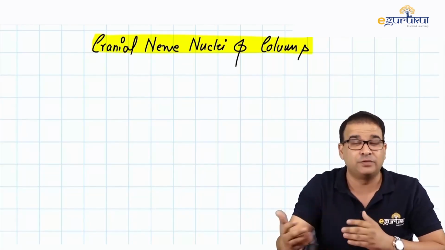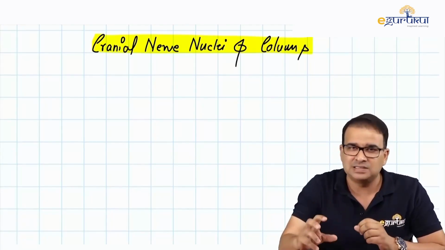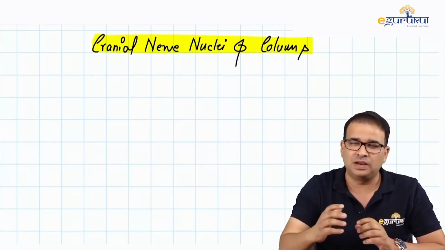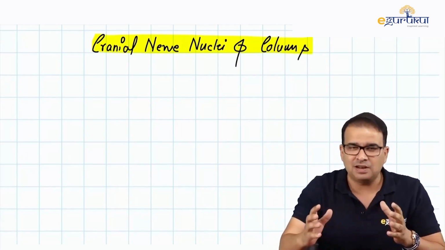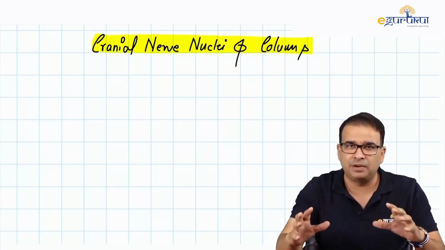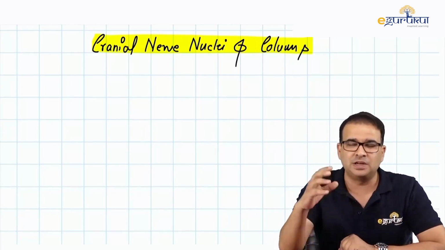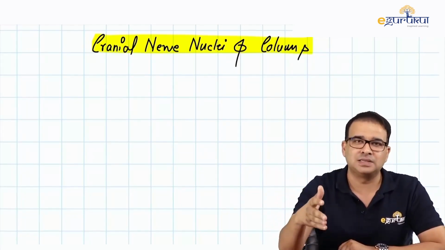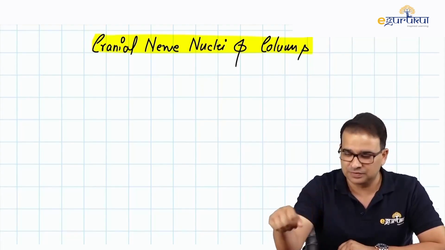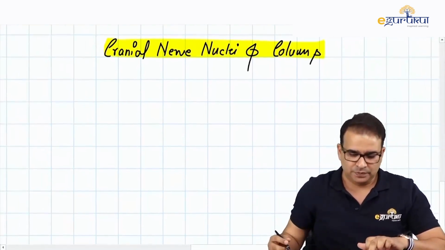That's why there is a need for seven columns. What exactly is the meaning of all the columns? We'll elaborate on it, and then we'll discuss them in more detail here. Once we're done with the cranial nerve nuclei columns, we'll put them in a tabular form. We'll see which nuclei are present in which part of the brainstem. And then we'll take all the major nerves, discussing what column belongs to those particular nerves. So to begin with,